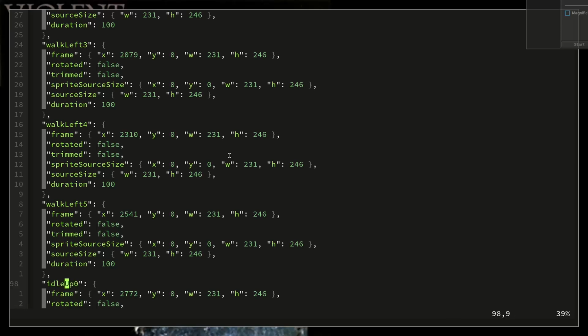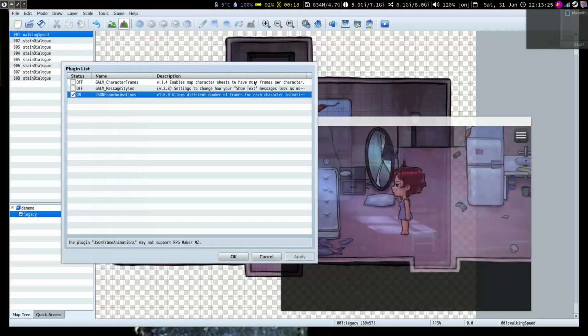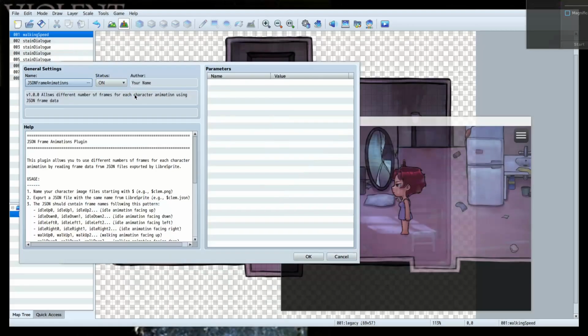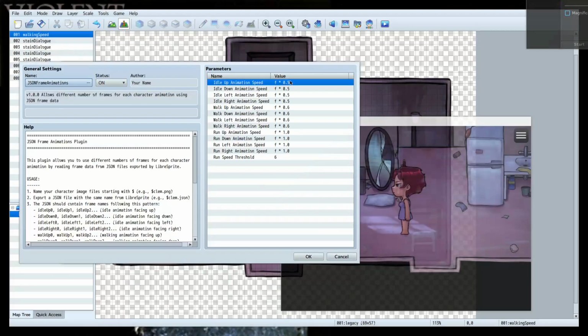You name it as such, and also using the plugin, here you can set the animation speed for each of the 12 animations. So idle, walk and run in 4 directions, which gives you 12 animations in total. You can set their speed completely independently too. And then there is this speed threshold. This is used